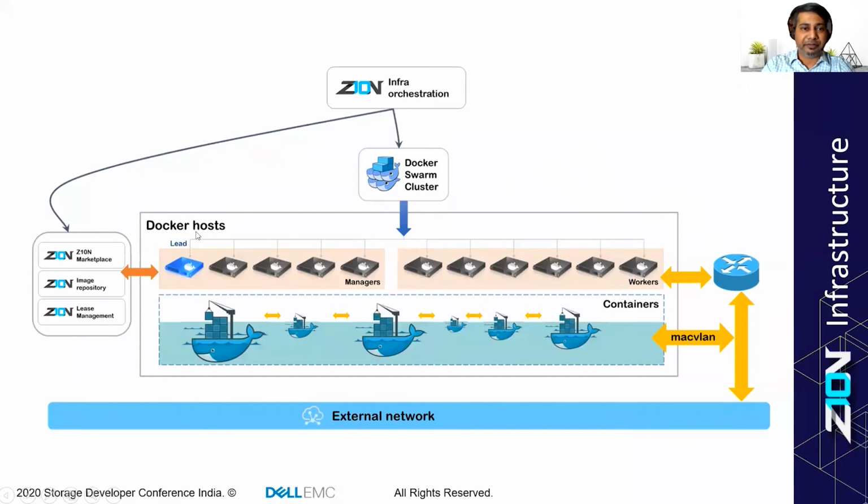I'm going back to the previous slide which I had shared before we went to the demo. Now you can look at the slide and see how we've tried to put all the jigsaws together, seeing how the MAC VLAN network is being used, how the containers are being spawned, how the database is being picked for a particular simulation from the marketplace, and how the images are used to create the particular containers on the fly for whatever count the user wants.